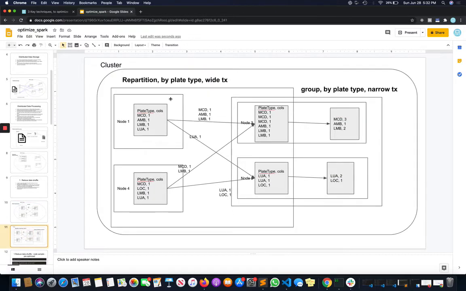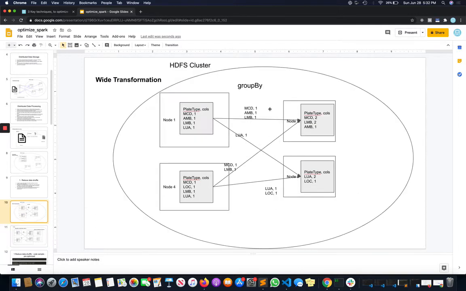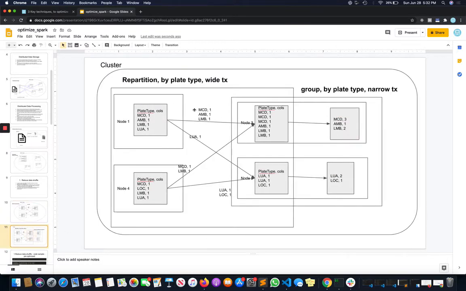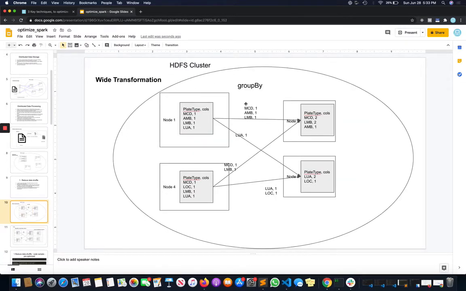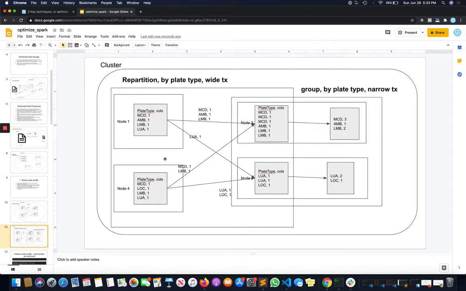There is a way you could avoid repartition at group by time, or data shuffle at group by time, by repartitioning the data before you do the group by. So you might be wondering, hey, how is this different? You're still doing the data shuffle here versus here. The idea is if you want to do group by multiple times in this data model, you will have to do shuffle every time. But if you have it repartitioned already, any number of group bys will only be a